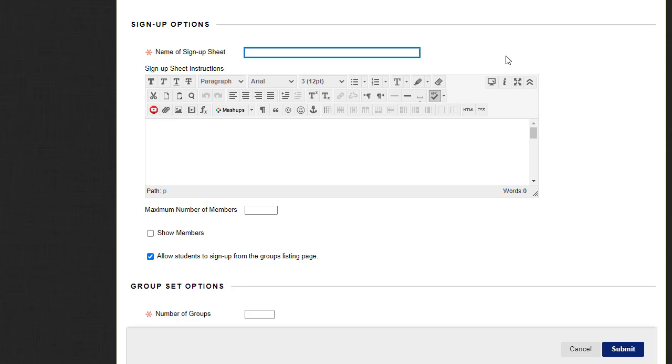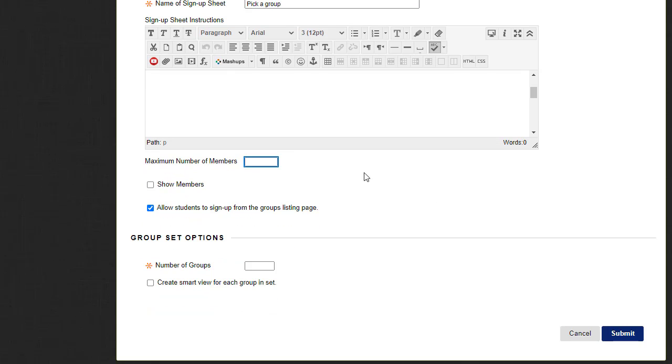So the first thing you'll need to do is give your sign-up sheet a name. So here I'll just call it Pick a Group. And just below that, I see maximum number of members, where I can choose how many students max can be in each group. So I'll set that to 8. And I'll also see a checkbox to show members, which allows students to see who's in a group before they sign up for it. Lastly, I see number of groups. Here I'm going to choose how many groups I'd like to have created. So in this case, I'll have 5 groups that can have no more than 8 people in them. So now I'll click Submit,